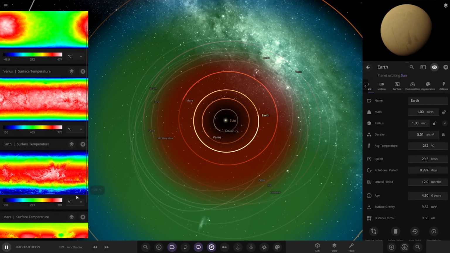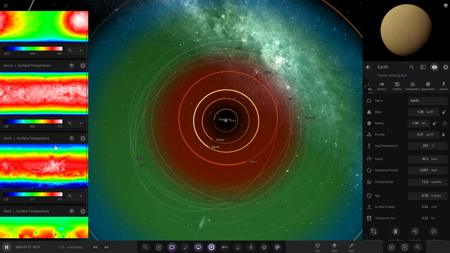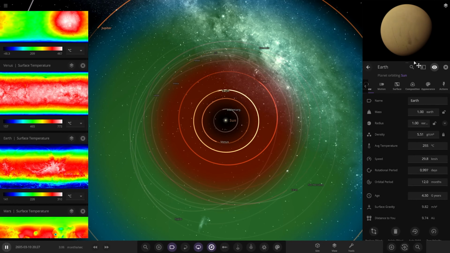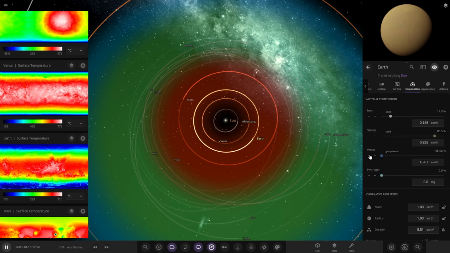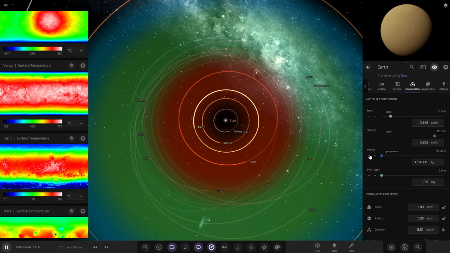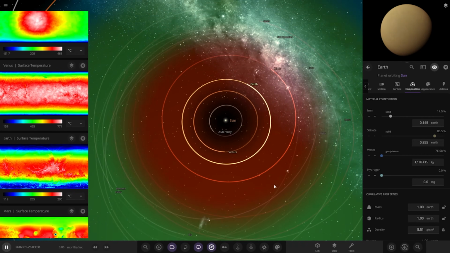But I don't think that's going to last long on Earth. 308 degrees at the highest. The coldest point is now 150. Water, you're getting removed manually. Water completely gone, all in the atmosphere. Gas and plasma, as you can see. So Earth is completely